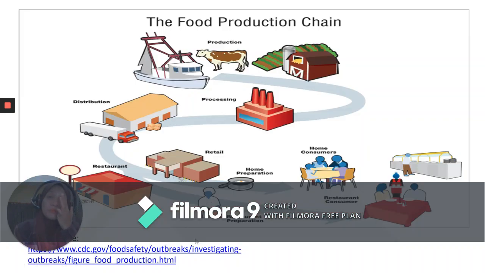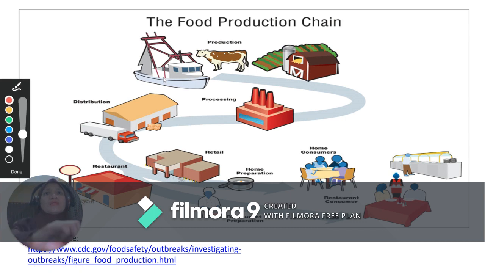Before we proceed, let's look at this illustration of the food production chain. The food production chain deals with many necessary steps, going from agricultural raw materials, which could come from a farm,